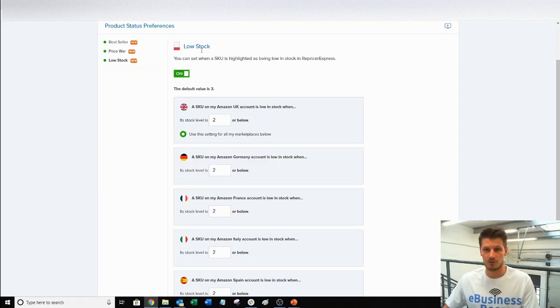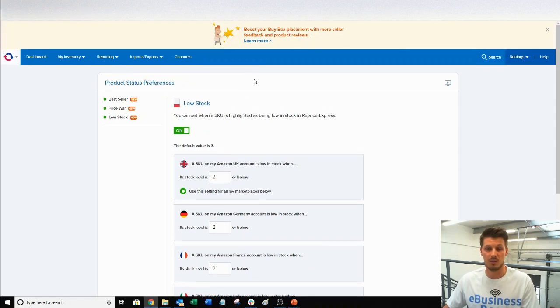And finally, low stock. Yeah, this is really cool. Not so important if you get the hang of automations and those sorts of things, because you can prevent yourself ever reaching low stock levels, but it's still handy if this pops up next to a product. You can see where you might need to address getting some more stock in, or you might be happy letting it run out, who knows. But it's quite handy to have that pop up next to any products that might be low on stock. Helps you keep track of things. So yeah, that's my inventory.